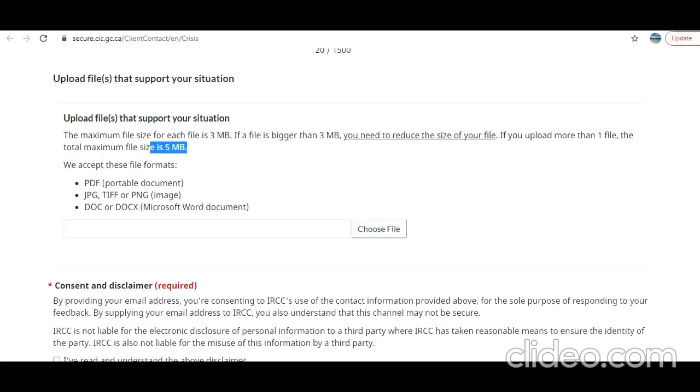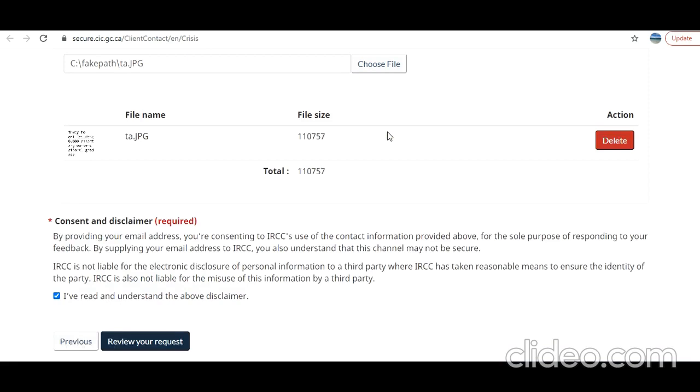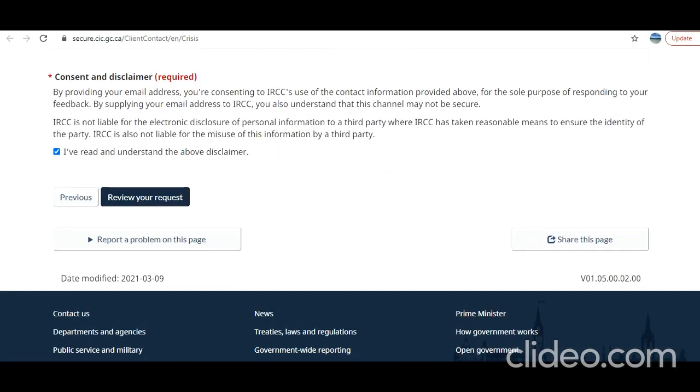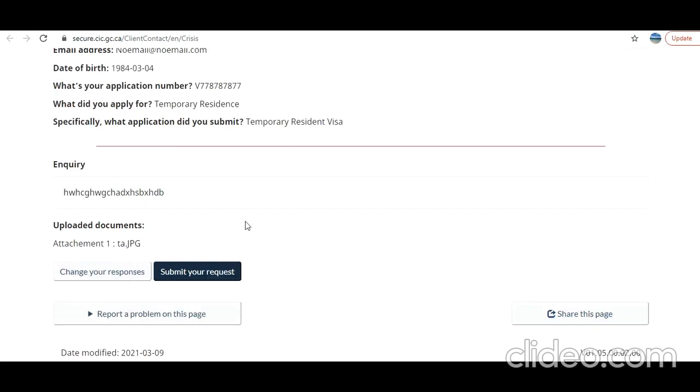Alright, and after you are done, you need to check this. And I have not uploaded a file. Why not upload a sample and check? Yeah, so I selected a file and it came as a fake path. Okay, and I have an upload link. Okay, and I can delete also. Alright, now I can review your request, and here comes the final section, submit your request. Of course I'm not gonna submit it, but this is how the process is.